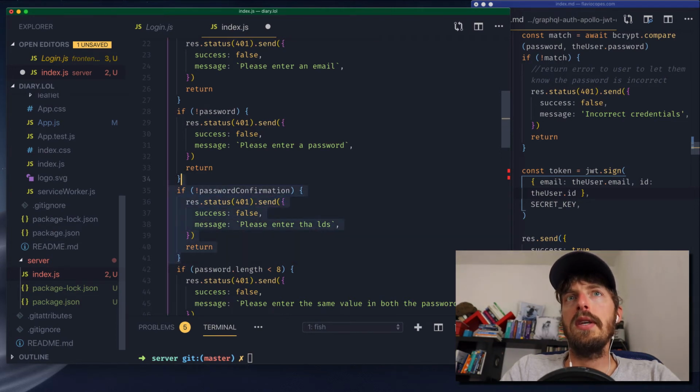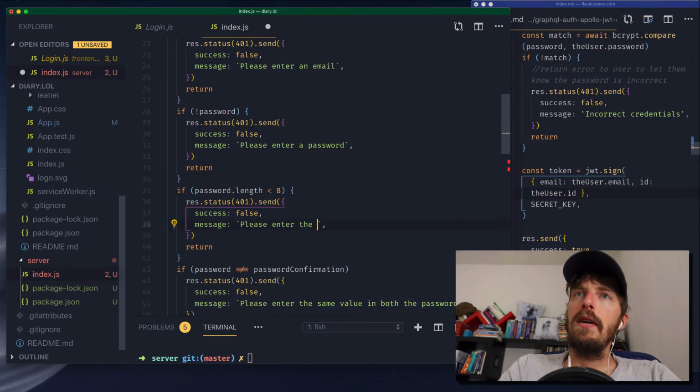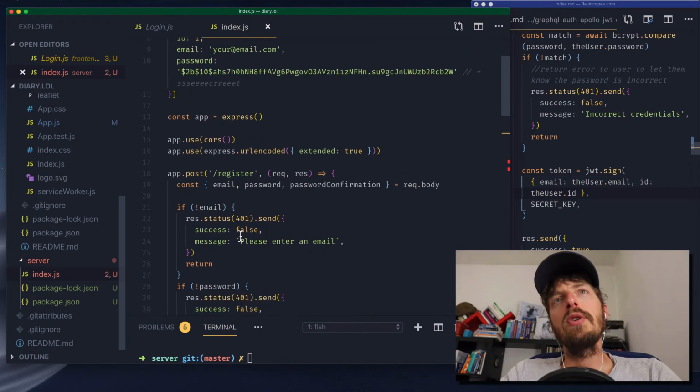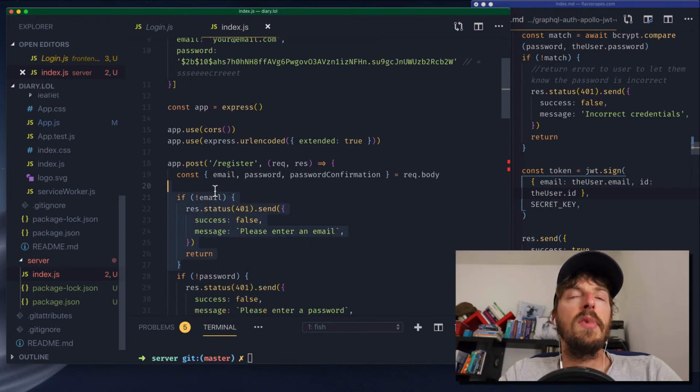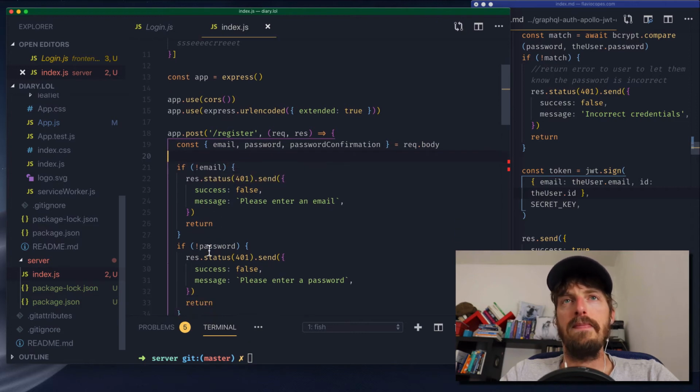I don't need this here because we already are checking for this. Please enter a password with at least 8 characters. Okay, we should also validate the email, but we are validating the client side now. You should validate the email if you are going to make this a real application. Okay,